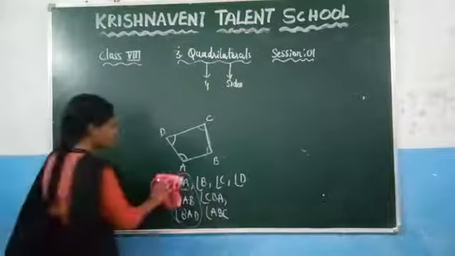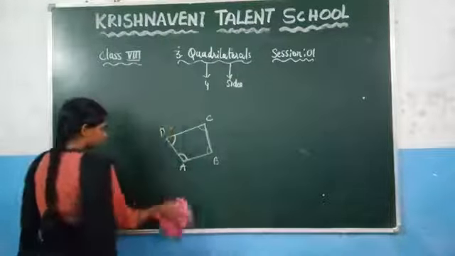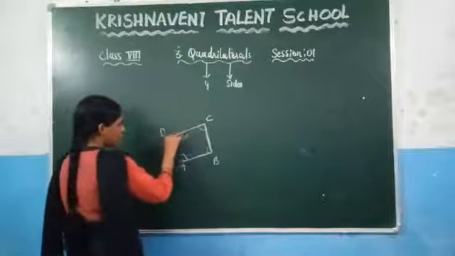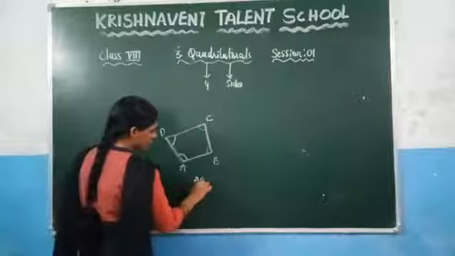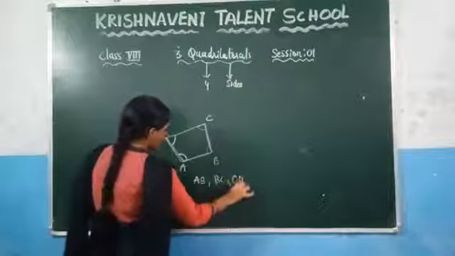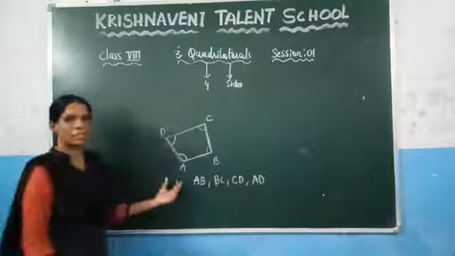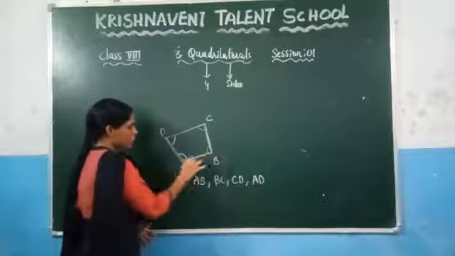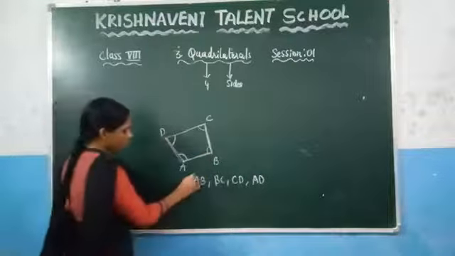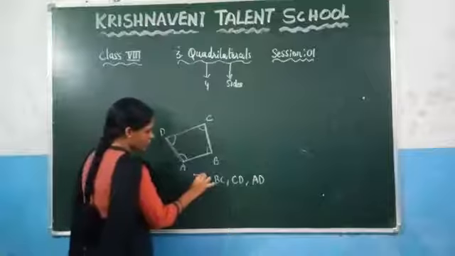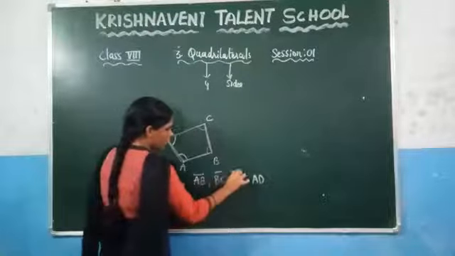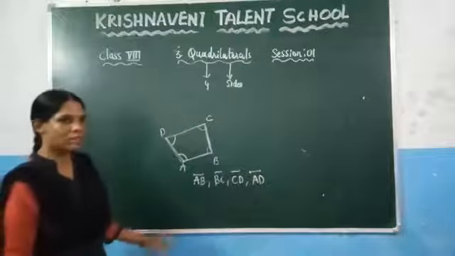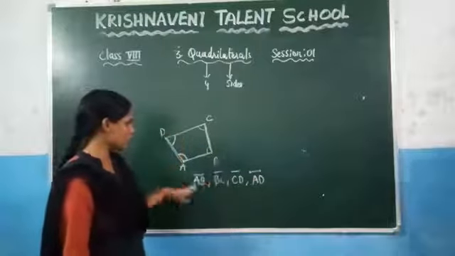Now see the sides. In a quadrilateral, how many sides are there? You can see here AB, BC, CD and AD. You can observe that these are line segments because each has two endpoints. Since two endpoints are joined, you know that a line segment will be formed. You can represent those line segments like this, which indicates that we are talking about line segments. So how many line segments will be there in a quadrilateral? There are 4 line segments. What are those? AB, BC, CD and AD.